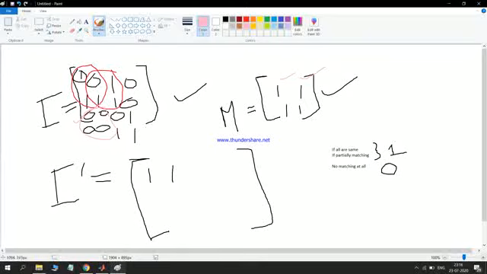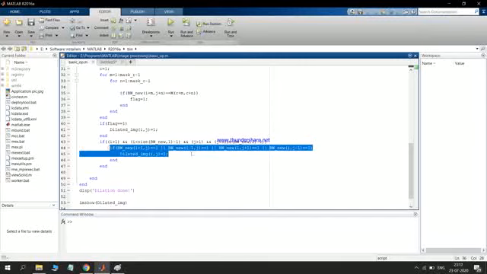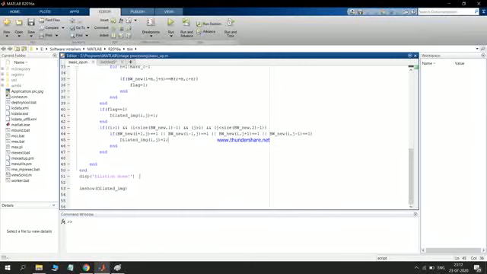Another way to say it: if neighboring elements are high or 1, then this element will also be high, because I'm supposing my mask to be 1 always. If any of the 4 neighbors of this element is high, then in the output this 0 will become 1. The same I have done in my program. And then lastly I am displaying the image. So let me run this.